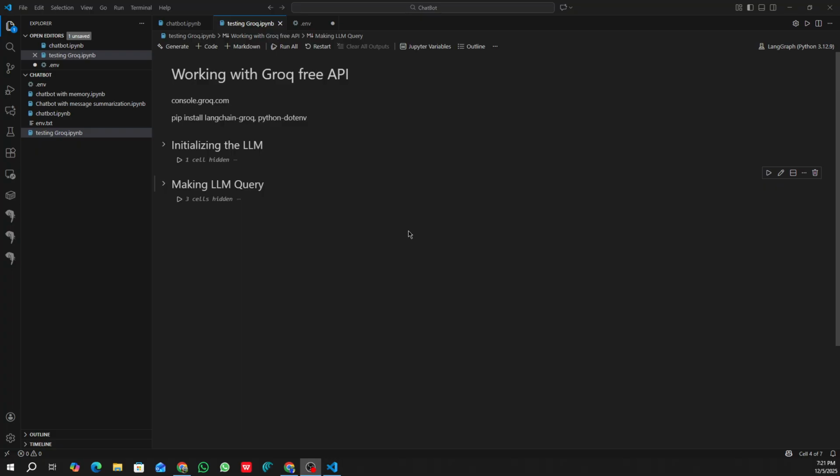So what we're going to be doing is we'll be using Groq. We'll be going to console.groq.com to set up our API, and then we'll be using this library, LangChain Groq, to set up our LLM, and we also need this library python-dotenv for our environment variable. So first of all, let's go over to